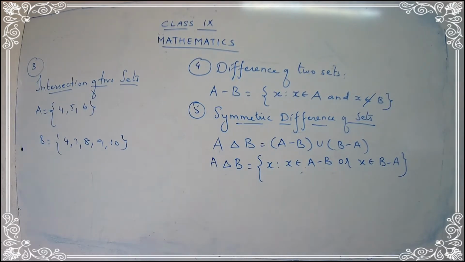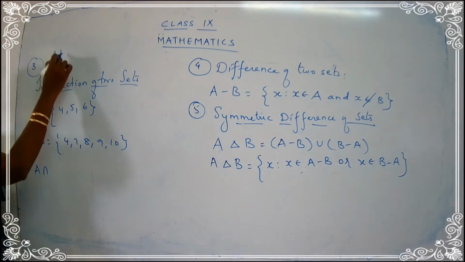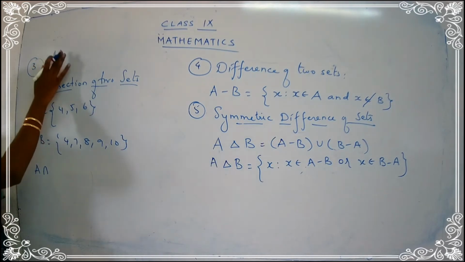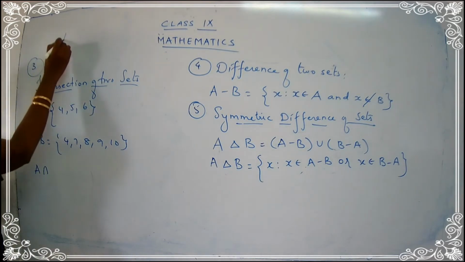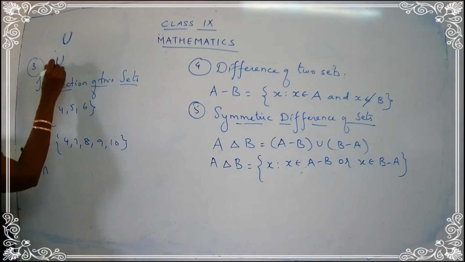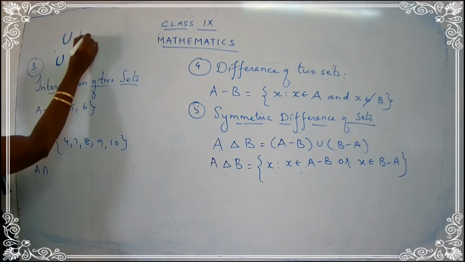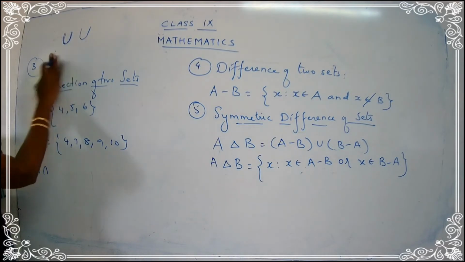So now what are we going to do here? We are going to find out the intersection of both the sets A and B. So you have to write down A, and this is the intersection symbol, children. For union, you have to write U. And you may have a confusion, like universal set is also U, union is also U. So for universal set you use a capital U. For union, you have to use a curve U, you don't use a tail here. So you have to understand according to the question.